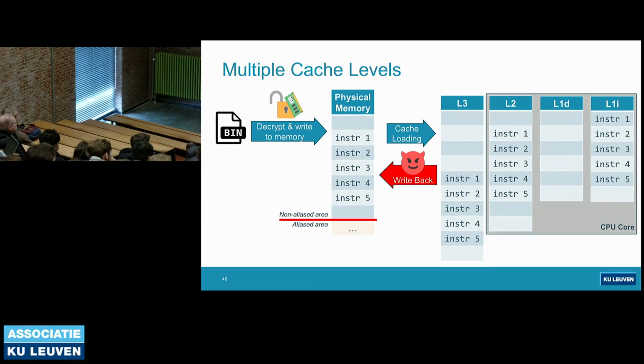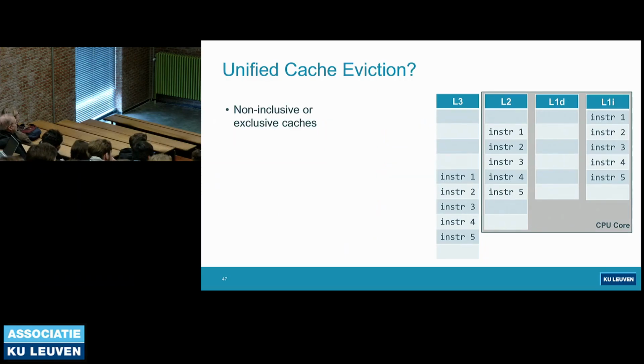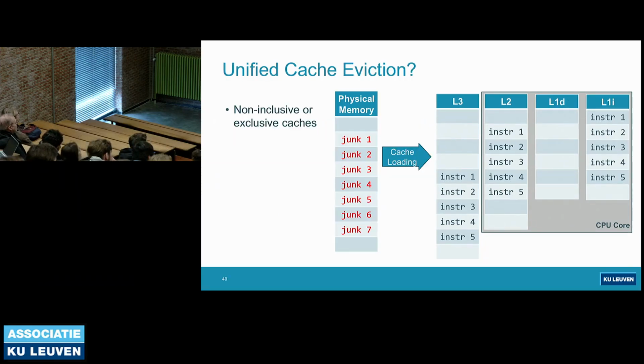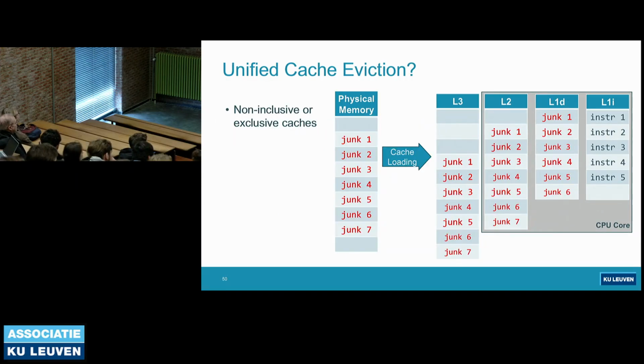To thwart this, we came up with the genius idea to try to evict the protected code from the unified caches by flooding these caches with junk data while keeping the code present in the instruction cache. So this is on a system with non-inclusive or exclusive caches. The thing is that there